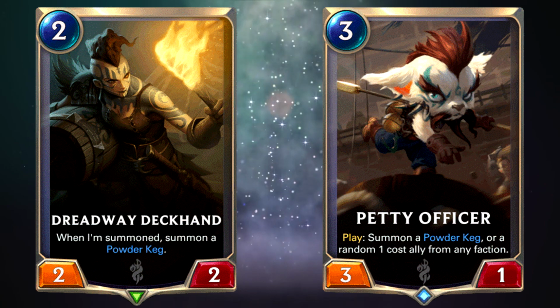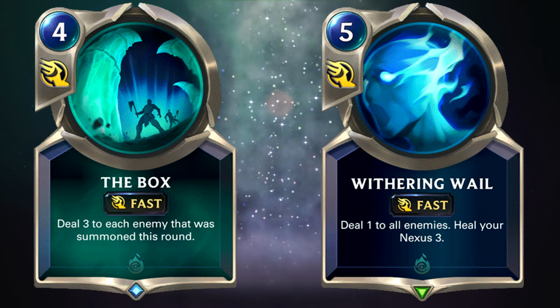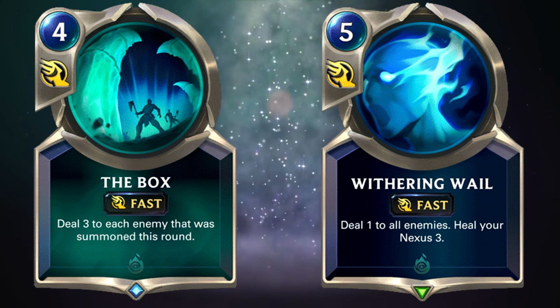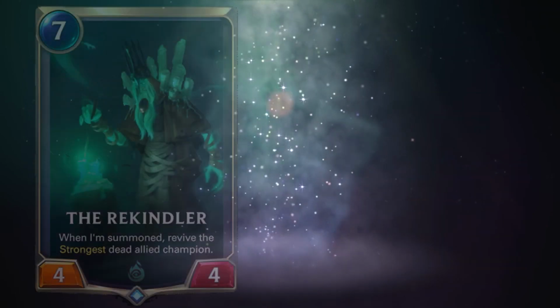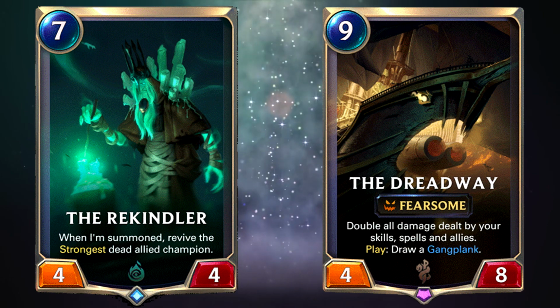or spell. This works with spells such as the Box and Withering Whale, meaning you can quickly wipe out your opponent's side of the board by simply linking their effects to some power kegs. The Rekindler and the Dreadway mean you will have a strong finish to the game through champion revival and damage